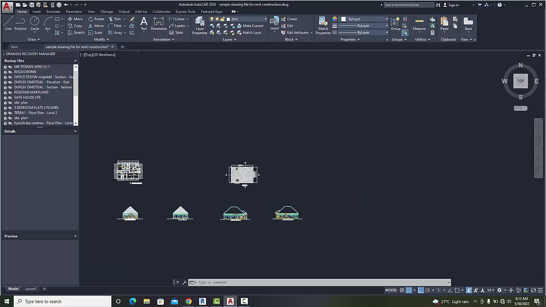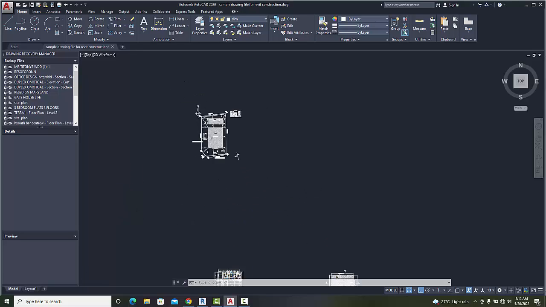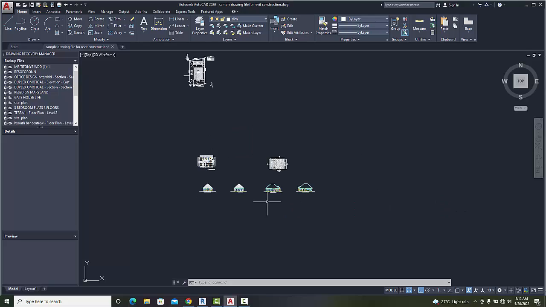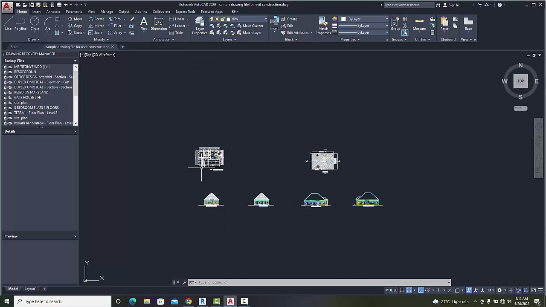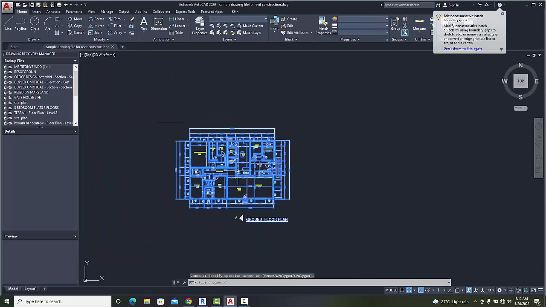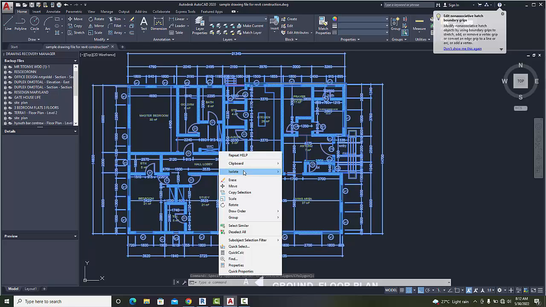Now, before you import it into Revit, you only have to import the plan that you are working with. You don't import all this into Revit, because when you import it into Revit, it is shrunk, so you won't be able to even draw anything on top of it. So what you are going to do is take only the floor plan that you are going to work with. We are working with this ground floor plan, so we just copy it